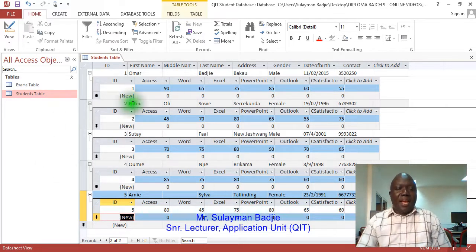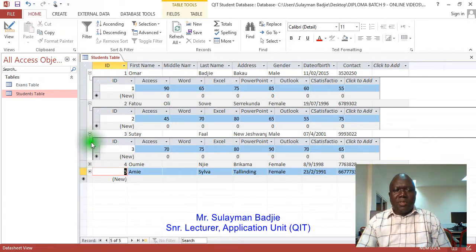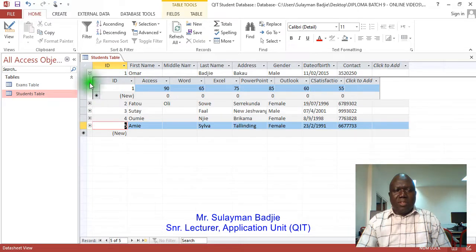So this is the data that you have also entered, and you can now see that all these students have got their exam information. So I am going to click on the minus sign to collapse this table's relationship.